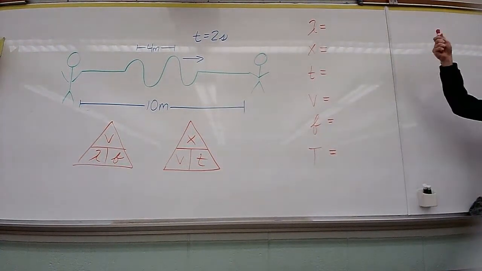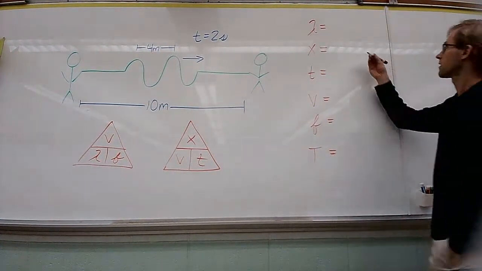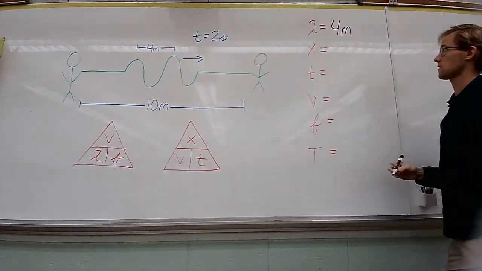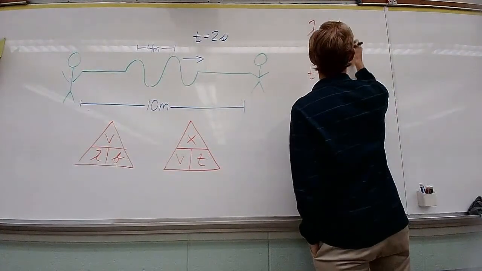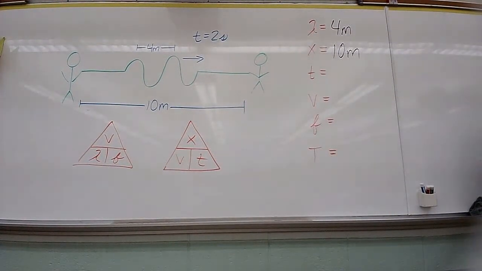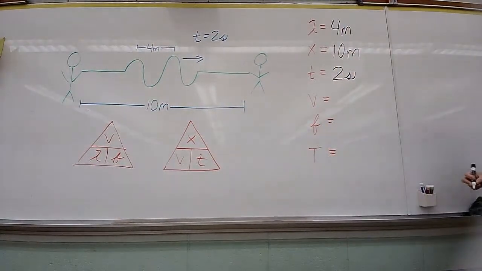All right, so we want to work through this and try and figure what these numbers are. So what is the wavelength in this problem? Yep. All right. So 1 out of 6 is done. What is the distance traveled here? X, horizontal distance. 10 meters. There we go. Third of the way through. What is time? 2 seconds. We're already halfway done. We haven't even done any math yet. That's the best kind of work, isn't it?